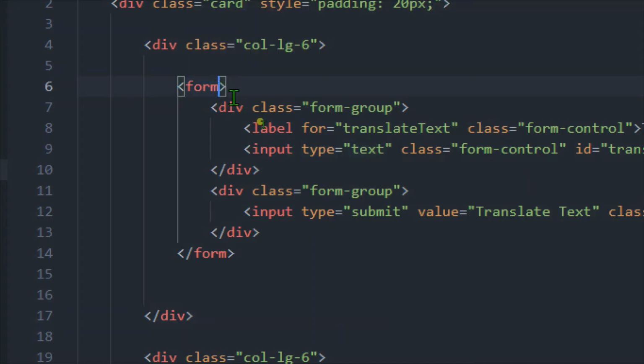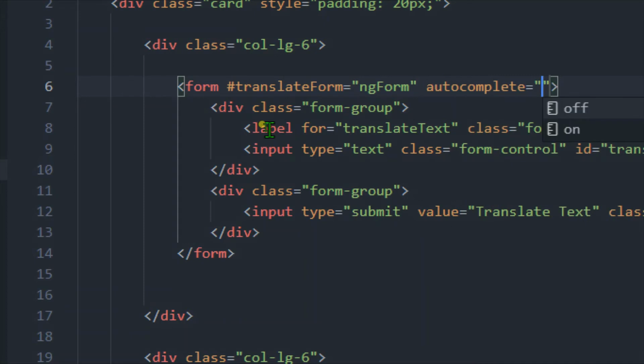Now over here let me give some Angular specific code, that is hash translate form is equals to ngForm, and autocomplete is equals to off, and whenever we will click on this submit button, we are going to call one function. We haven't created the function that we need to call, but as of now let me give the name.